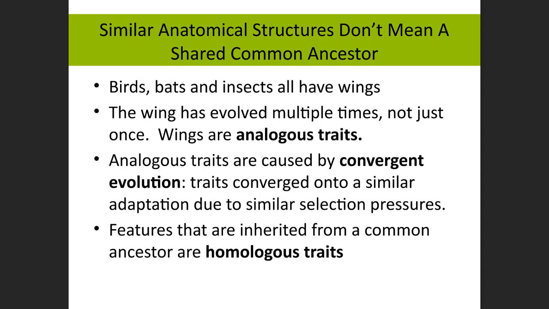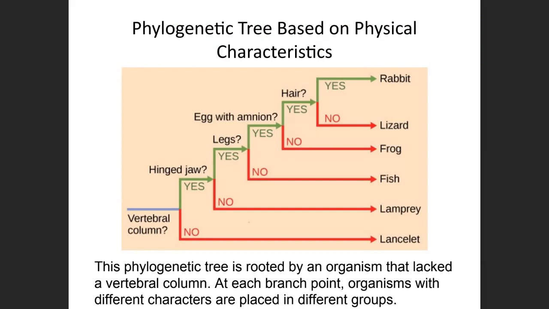And we talked a little bit already when we were talking about evolution, about traits that are homologous due to shared ancestry and traits that are analogous due to convergent evolution. So when you're building a tree like this, you need to be sure that you're doing something that's based on homology, based on a shared ancestry, right? When we're looking at this, all of these traits actually are based on shared ancestry. Hair, all mammals have it because our ancestor had it. The amniotic sac, yes, all land vertebrates except for frogs have that because our ancestor had it, right? So these are homologous traits.